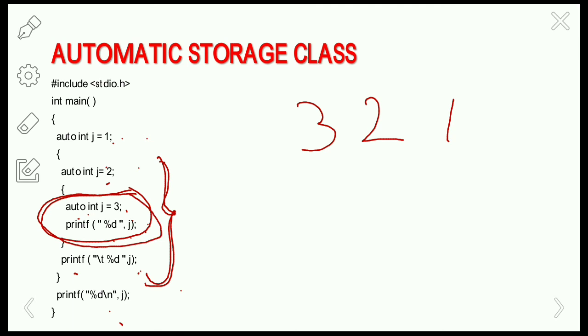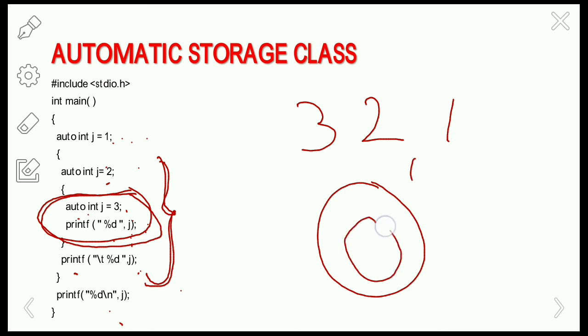Okay, so even though here it is under the scope of j equals 1 and 2, if you want to understand this, draw a Venn diagram here. So 1, 2 and 3, so this is 3.